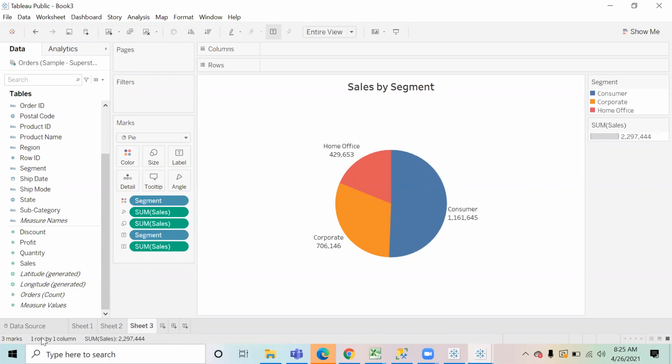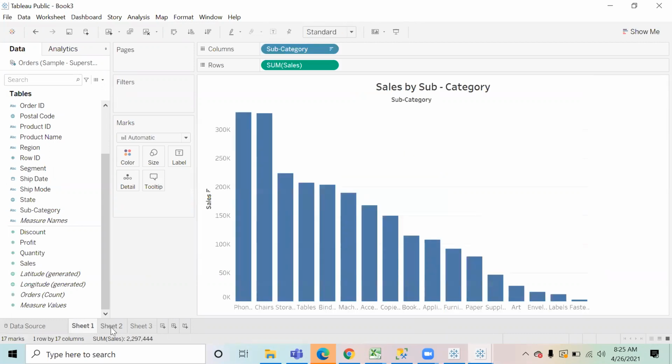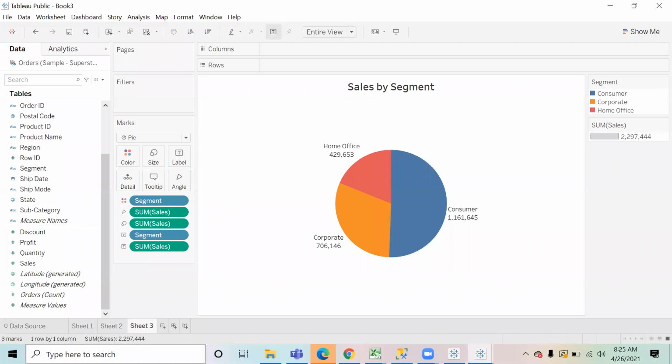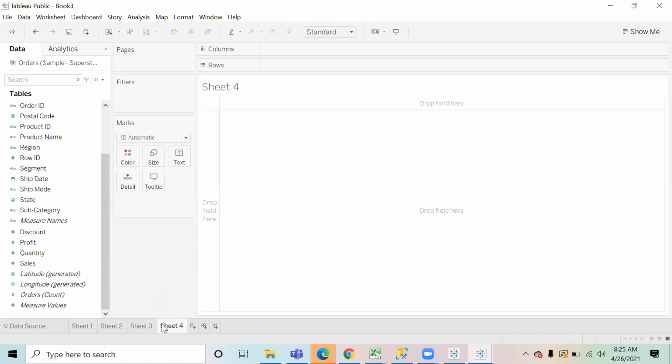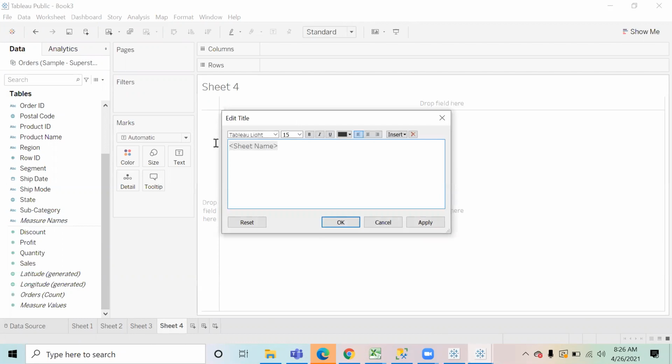So what we've done is we have created 3 charts right now. 1, 2, and 3. So what we'll do now is let's add one last chart in this. And now in this, what we're going to do is we are going to showcase sales versus profit by customers. Okay, I want to showcase the sales versus profit by customers.